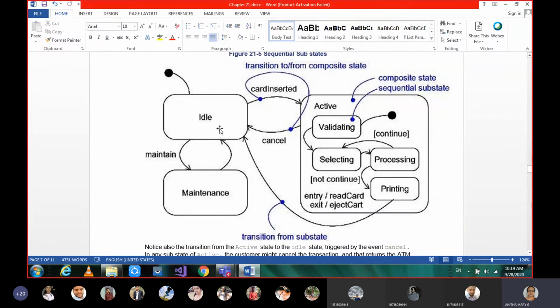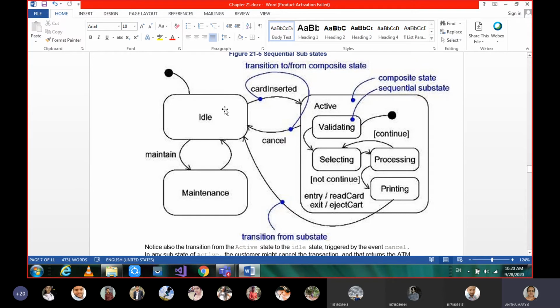Usually, when no users are using it, the ATM machine will be in the idle state. This is the source state. Though it is idle, it has to be maintained and kept working. That is what we call maintenance.